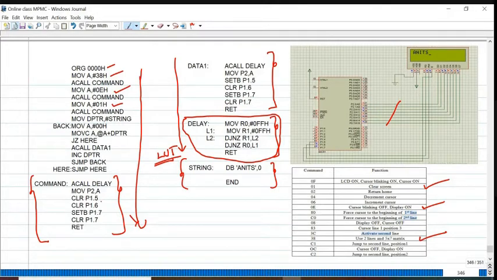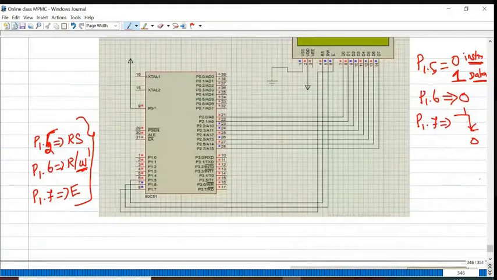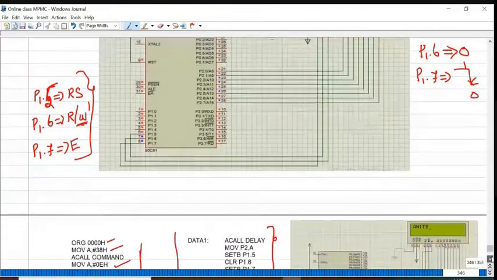Okay. So what is P15, P16, P17? P17 for enable, correct? P17 enable. The previous slide we wrote. P15 data register, 0 for instruction.